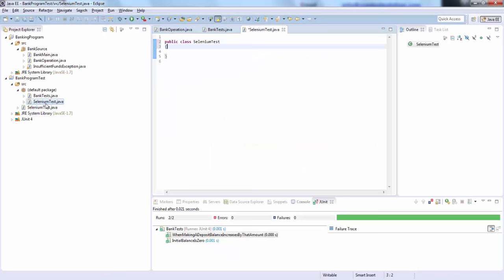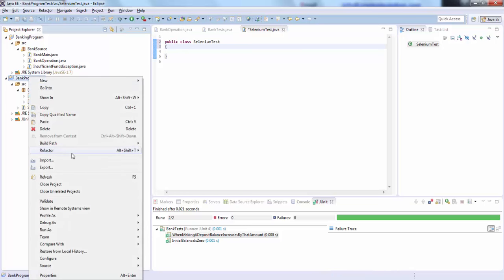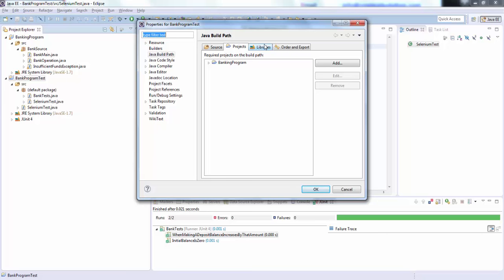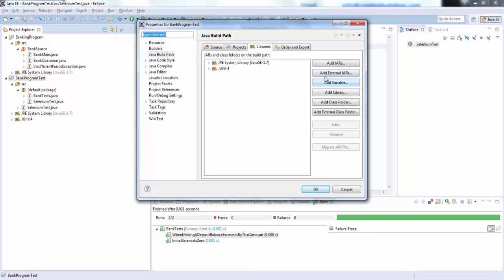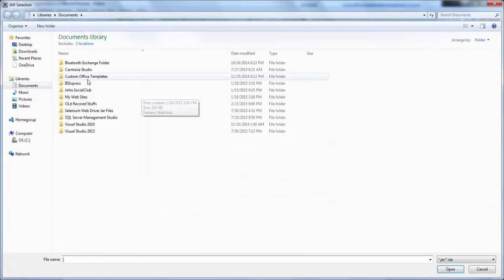Okay, so first of all we need to import all the Selenium WebDriver jar files, so that we can go ahead and write a WebDriver test. What I will do is right click here, go to Build Path, Configure Build Path, go to Libraries, Add External JARs,